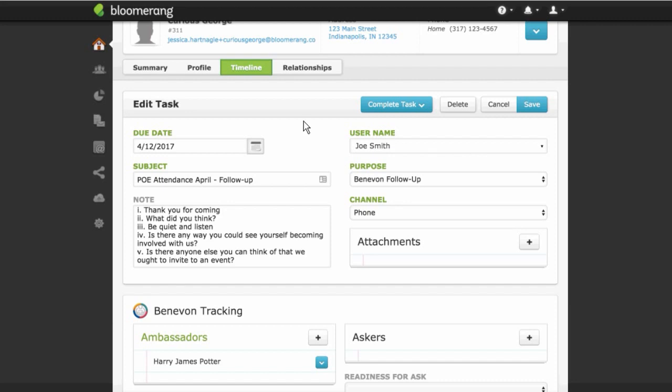But since this task was created for Joe, I'm not the person who's going to be completing this task. I was just helping out by entering the point of entry attendees and the point of entry cards for Joe. So instead of completing this task, I'm just going to go ahead and save or cancel out of here. And then